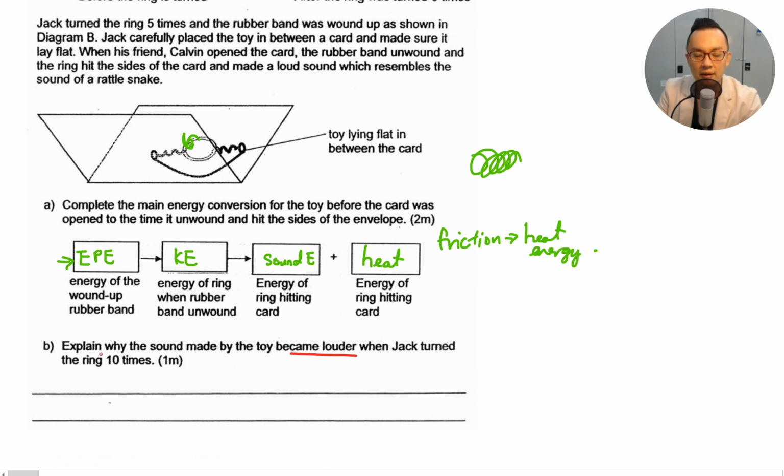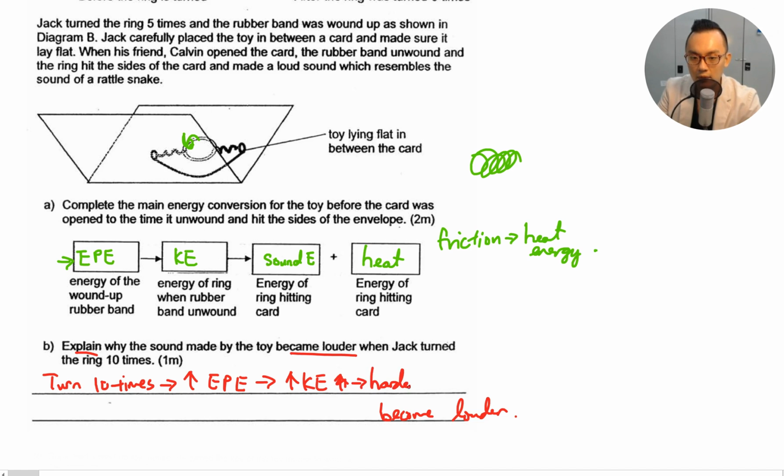Next: the sound became louder when Jack turned the ring 10 times. So again, "10 times" in an explain question means you have an initial condition. Turning 10 times will lead to some things, and then it becomes louder. "Become louder" is the final condition, the final state. 10 times, you increase the elastic potential energy. When the elastic potential energy is increased and he lets go, there will be an increase in the kinetic energy. When the kinetic energy is increased, then you will hit the card with a